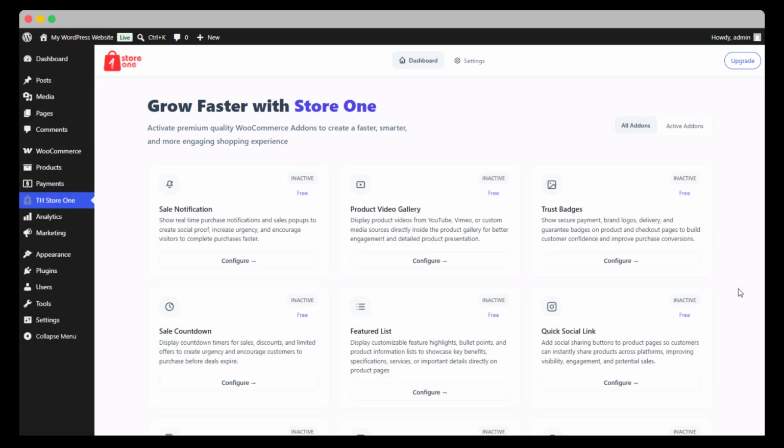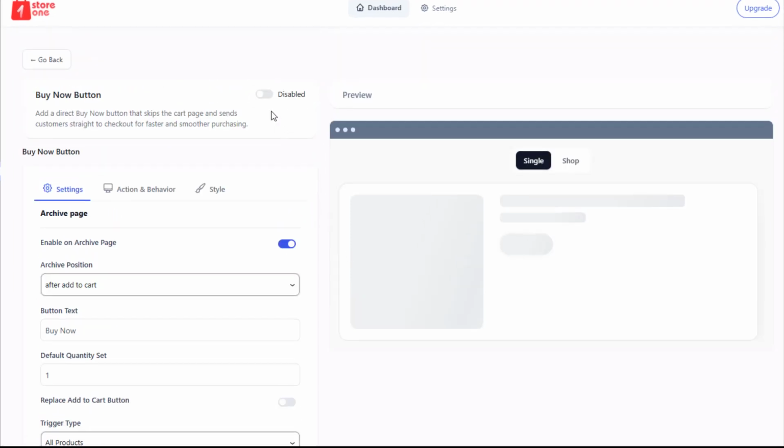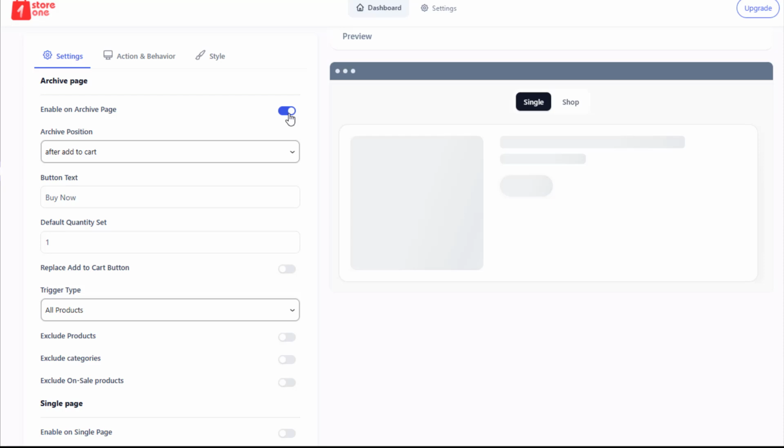Open your Store One dashboard and click on the Configure button of the Buy Now Button Addon. First, enable the addon. In the Settings tab, you can configure the Buy Now button separately for both the archive page and the single